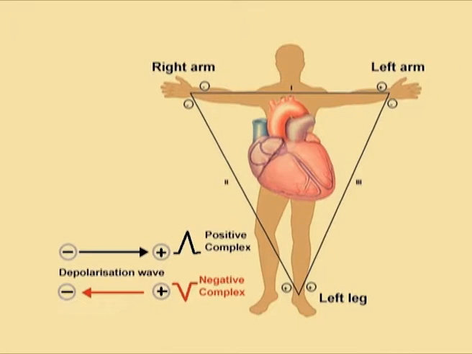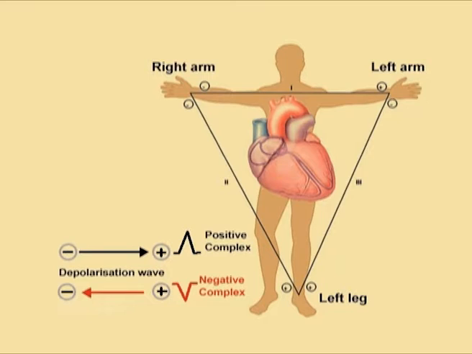The ECG, or the electrocardiogram, as we all know, can be recorded by placing electrodes on the right and the left arm and the left leg. If you look at the diagram, you can make out that the positions of the leads indicate the positive and the negative terminals towards which the electrical impulse is travelling.